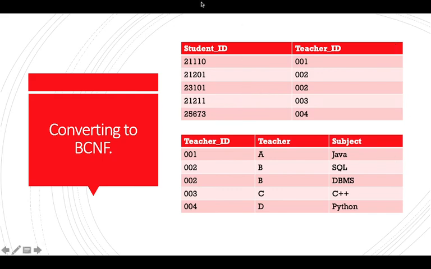So now the student ID can act as a super key, teacher ID can also act as a super key, and in the next table we can use teacher ID as a foreign key, which can link us back to the previous table, to the attribute which could be a primary key. And now if you see, our functional dependency is a super key. This teacher ID is a super key which can fetch me the unique records from the table.